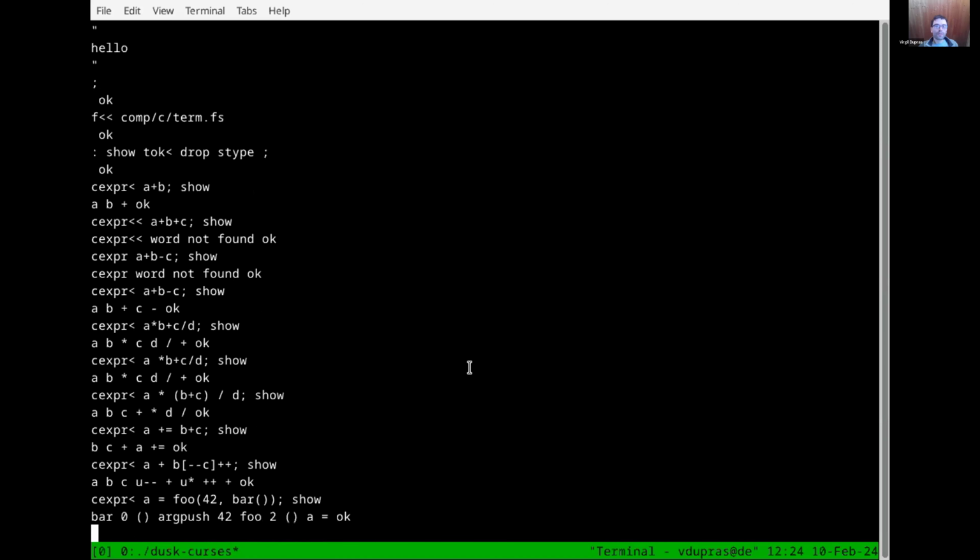All right. Function calling is tricky because we need to push arguments to the stack at definite points. For example, here to call foo with those arguments, to sequence this, we need to push 42, and then we need to tell the code generator to push it right away to the stack, so that we don't deal with it in the expression anymore. It's pushed away for the call.